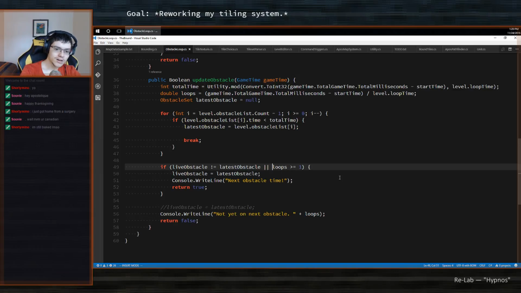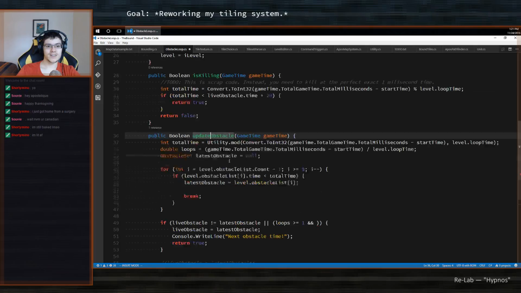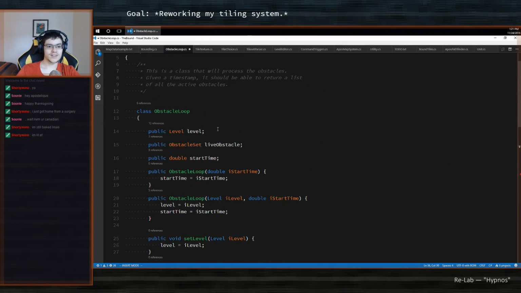Or something. Or loops is bigger than 1 and... shit. Okay. Have an idea now.